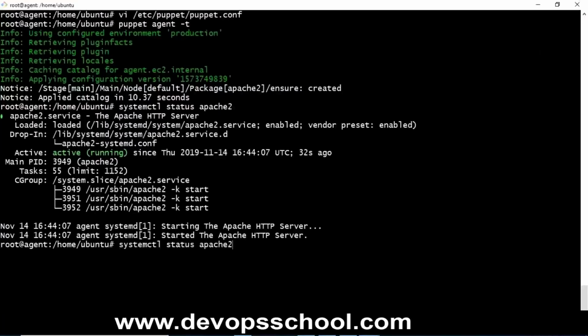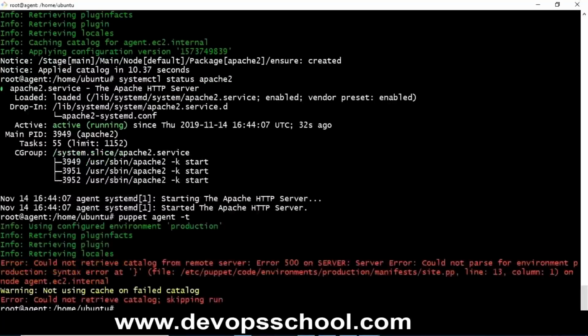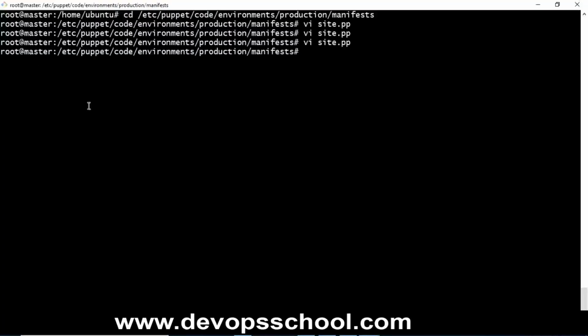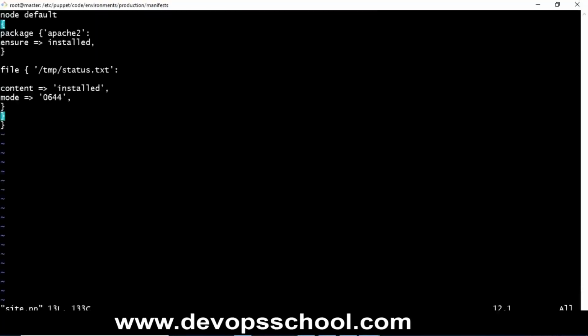This is the command to execute the agent. Okay, there is some error. What is the error? Syntax error. Looks like I have made some mistake. This bracket is for this, and this bracket is